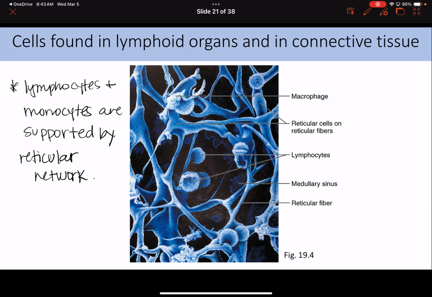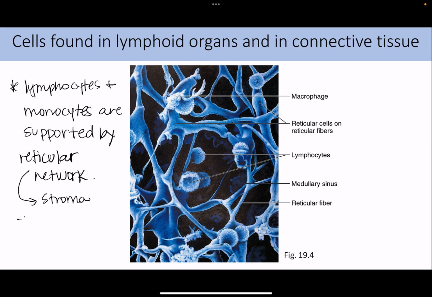And the reticular network is also referred to as a stroma. We'll have a stroma for the lymphatic system, and we'll also have a stroma for the respiratory system as well. Just make sure you know the differences between the two. But this reticular network, or stroma,